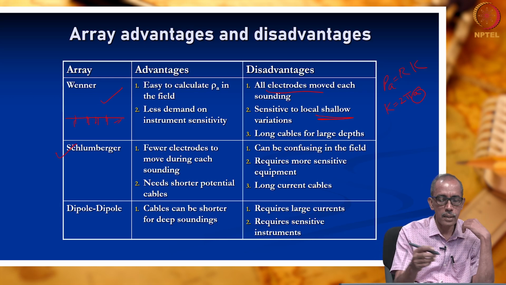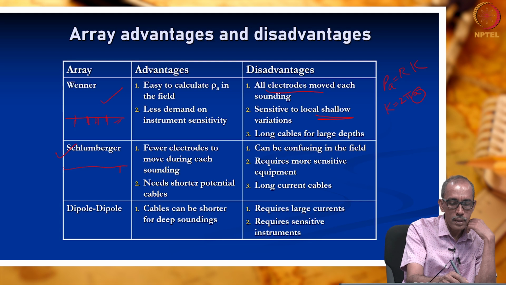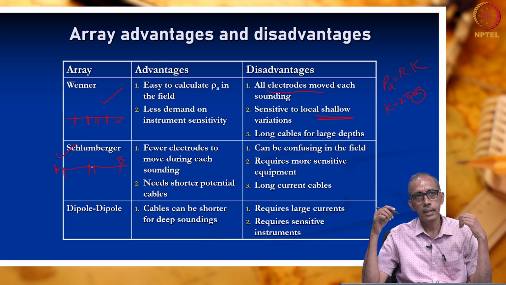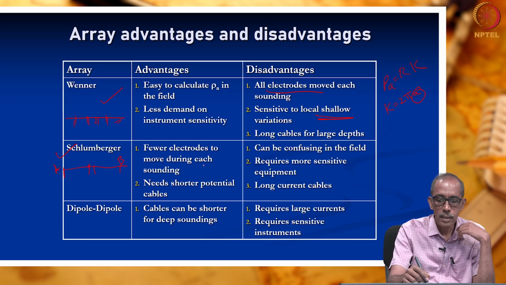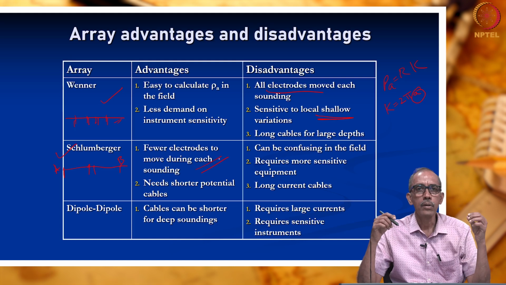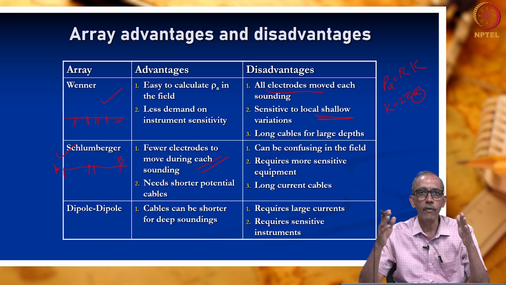Then the next method is Schlumberger method. What is Schlumberger method? In Schlumberger method, the electrodes are arranged in this fashion, that is, this is A and B, and the inner electrodes are kept much closer to each other, right. That is Schlumberger arrangement. What is the advantage due to this? The major advantage is we need to make some movements alone. That means you need not shift all the 4 electrodes for different measurements. So, fewer electrode movements will be sufficient for every measurement.